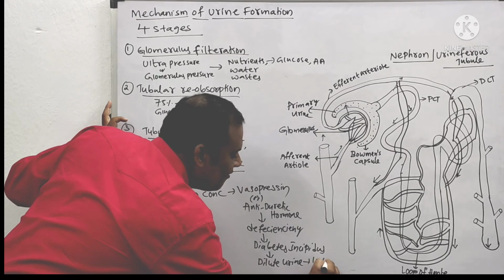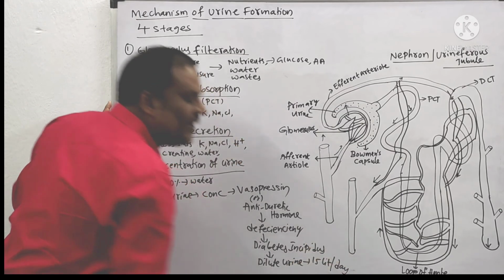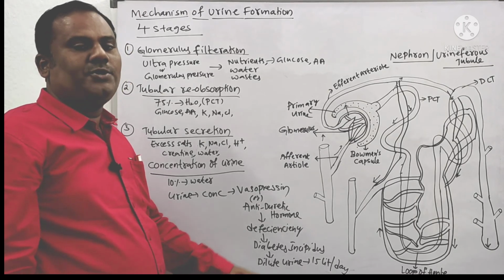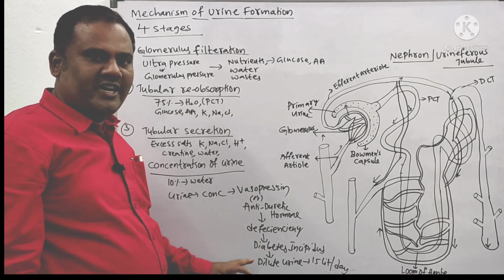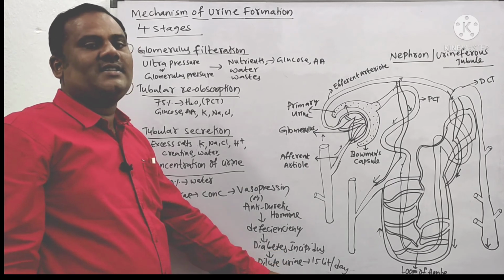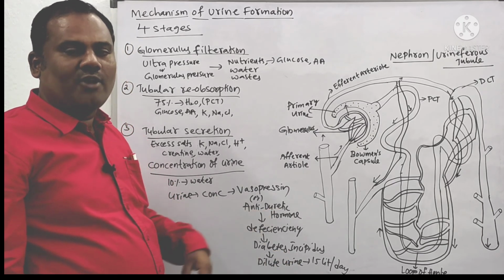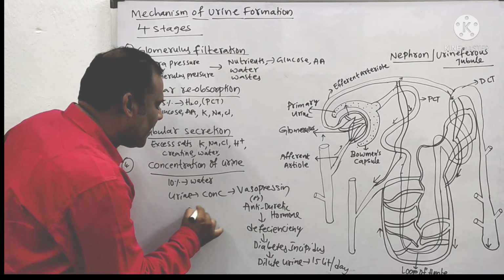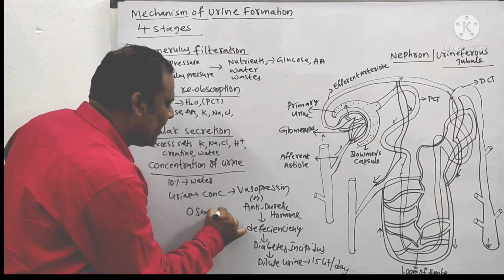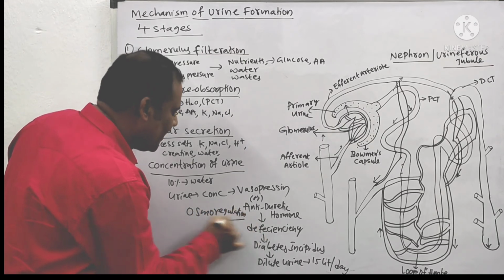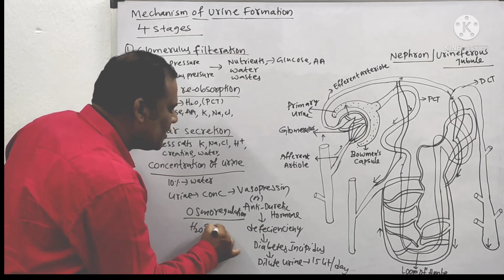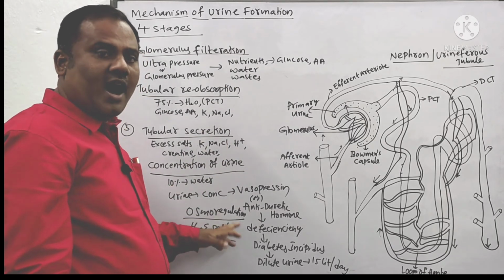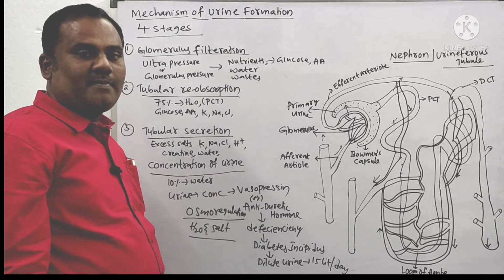That is estimated at 15 liters per day. Generally that much urine is not excreted from a human being, but in these patients, due to the lack of vasopressin, that leads to a disease called diabetes insipidus, where dilute urine is excreted out. Why? Because this vasopressin hormone is useful to maintain the osmotic balance. Osmoregulation means maintenance of water levels as well as salt levels constantly in our body. That osmoregulation function is done by vasopressin.